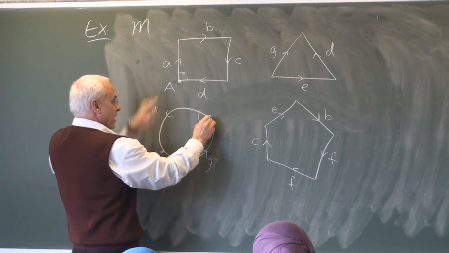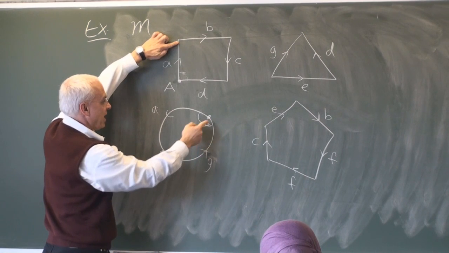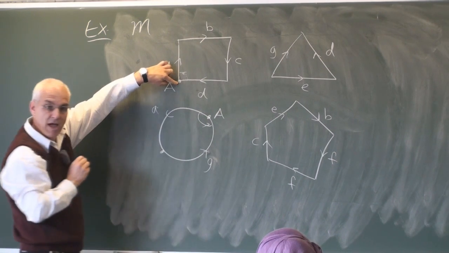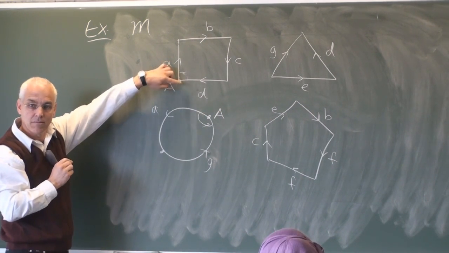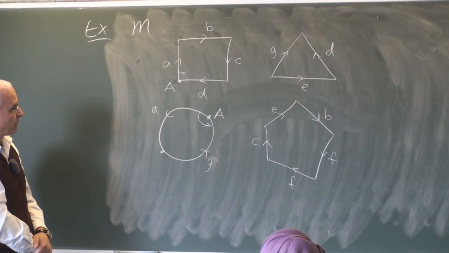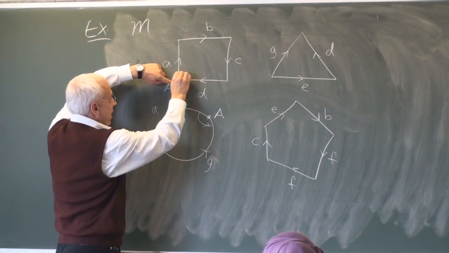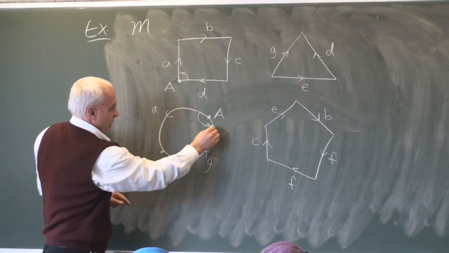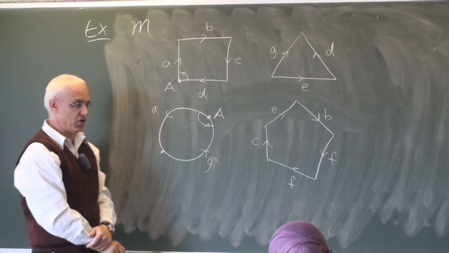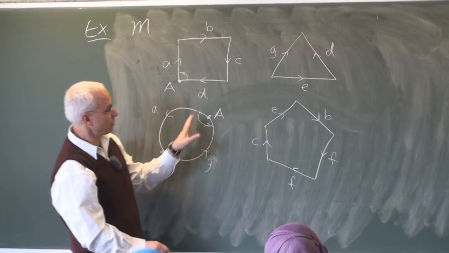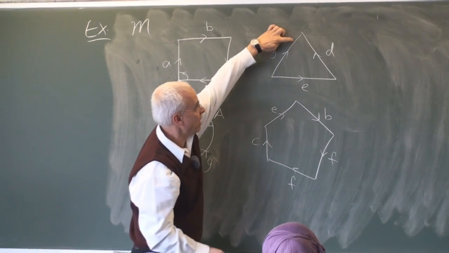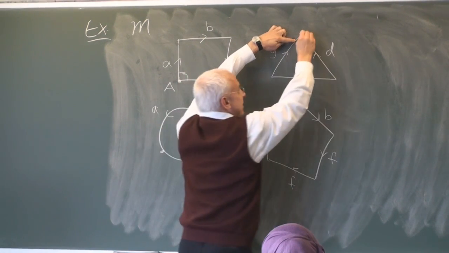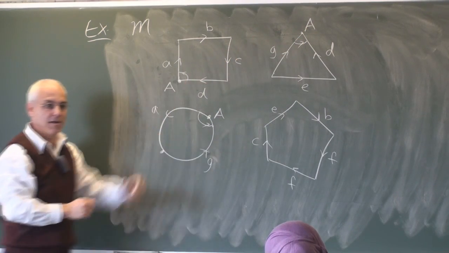So this point here has got to be identified with this point because this edge A is identified with this edge A. It's glued together. So this point has got to be the same as that point. So we've also got to label that vertex as A. Okay, so we're making our little tour around A. We've just gone around here, and now we're here, and we're going along here until we get to this point right here, which is at the top of the G edge. And so that's going to be glued to, we look for the other G edge, here's the other G edge. That's the top of the G edge, and so we're going to have to move now in this direction. That means that this vertex here is also the vertex A.